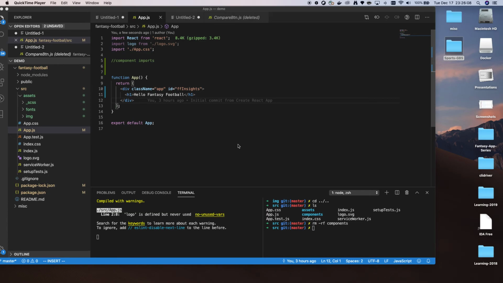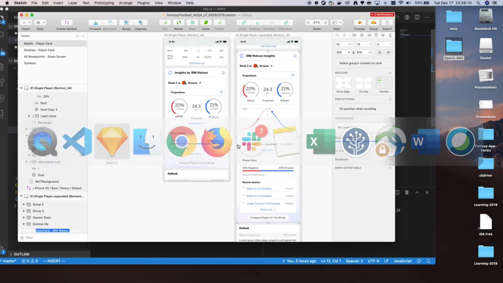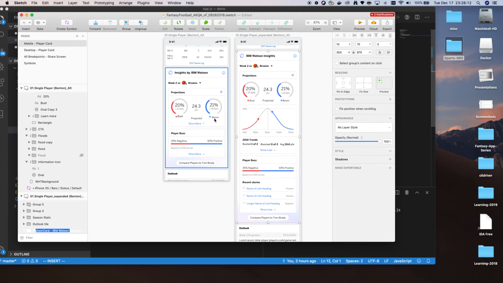Okay, so we're back, and now we're going to go over the design, and we're going to walk through what we would do normally when we design for the fantasy football application, and then break it up into its respective tasks. In this case, these tasks are going to translate into React components that we will demonstrate and show in the browser. So here on our screen, we have the mock-up or the design for the fantasy football application, and